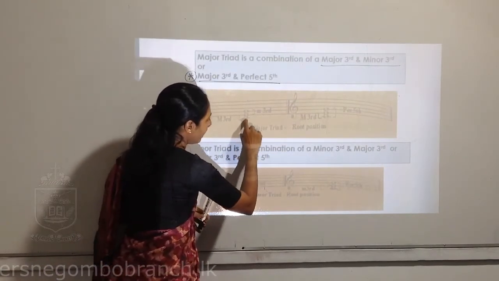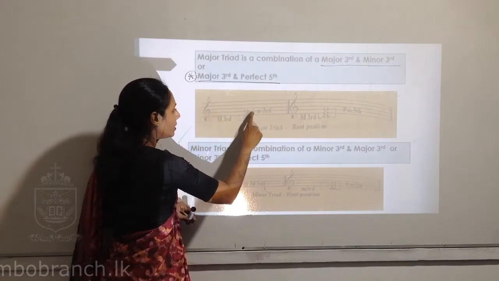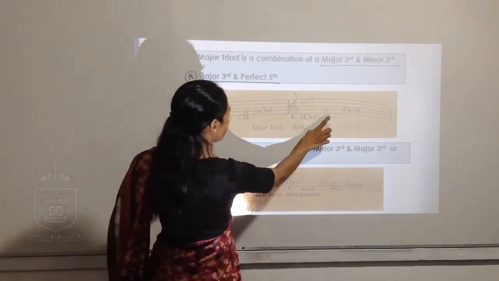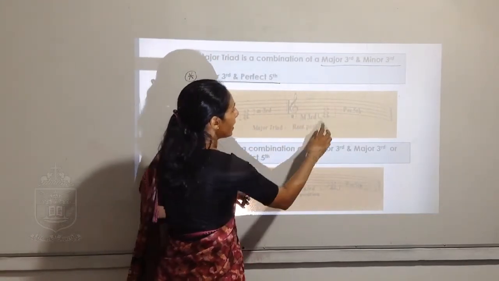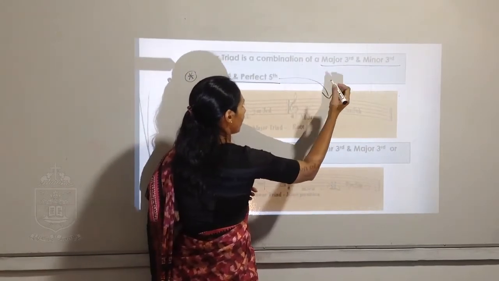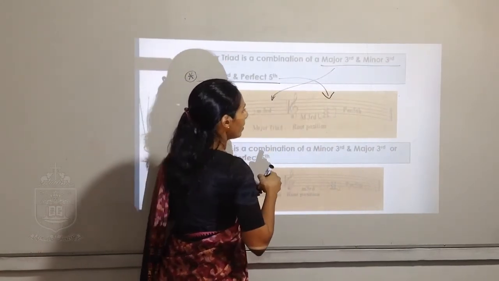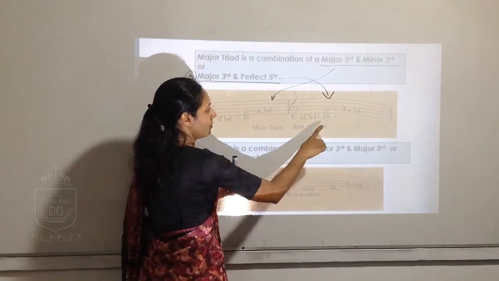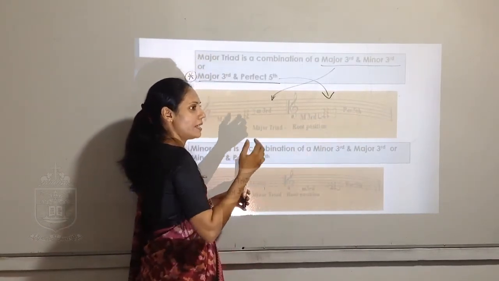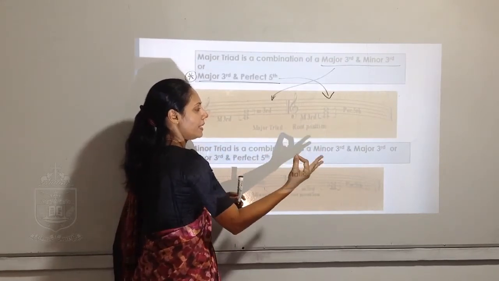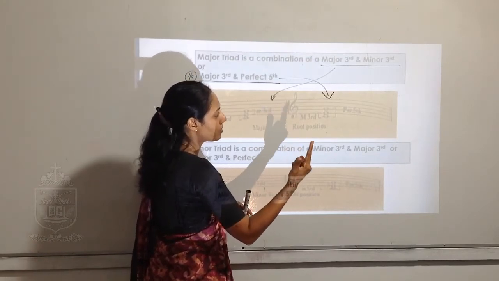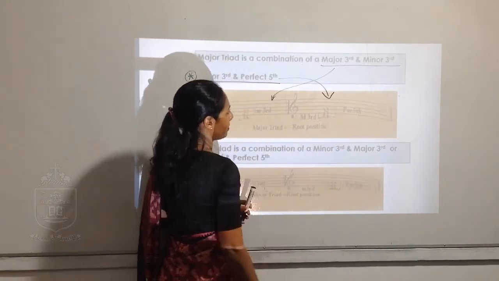Now from C, when you are forming the third note, there should be a perfect fifth. Here, perfect fifth, right? C, D, E, F, G. We will check the semitones also. C to G. Perfect fifth has 7 semitones. C to C sharp, C sharp to D, D to D sharp, D sharp to E, E to F, F to F sharp to G. Correct. Perfect fifth has 7 semitones.